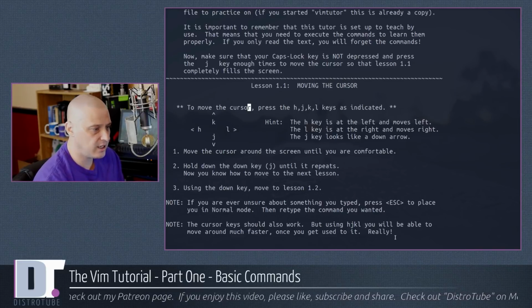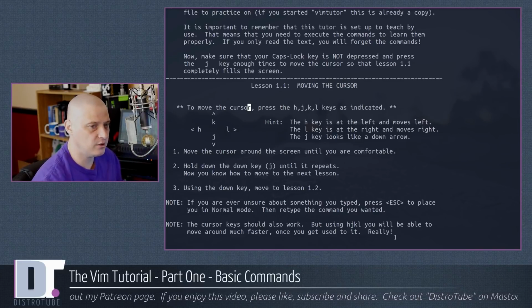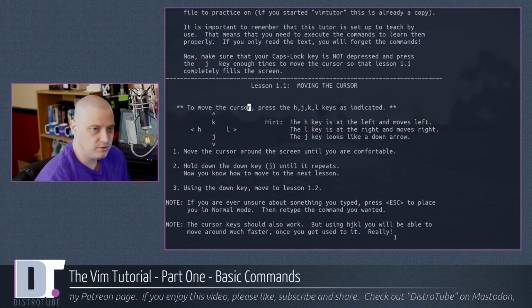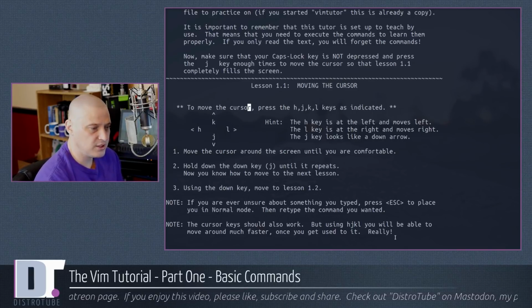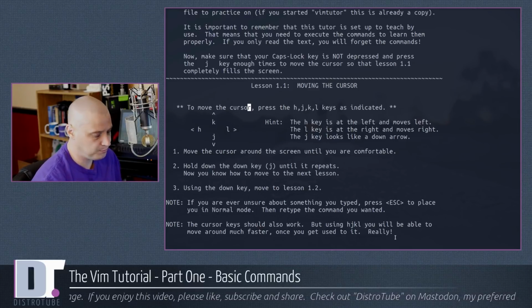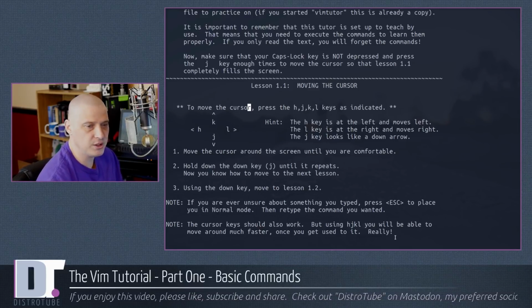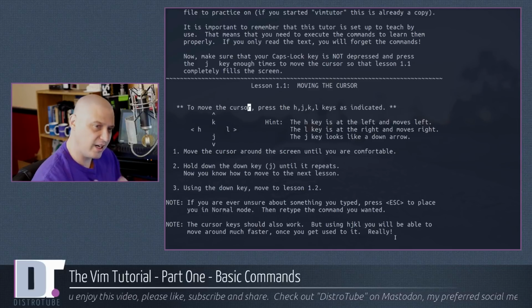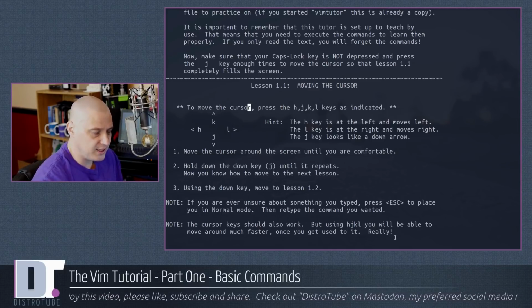So how do I exit out of the Vim Tutor? How do I exit out of a Vim document? There is a funny joke that oftentimes users mistakenly launch Vim and can't figure out how to quit Vim. Well, there are a million different ways to quit Vim, oddly enough, but none of them are very intuitive.